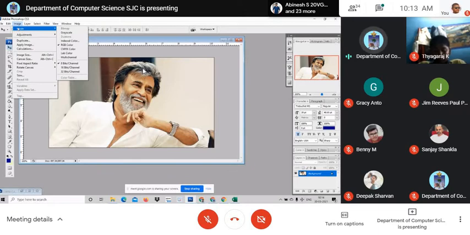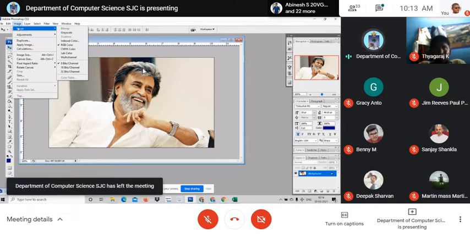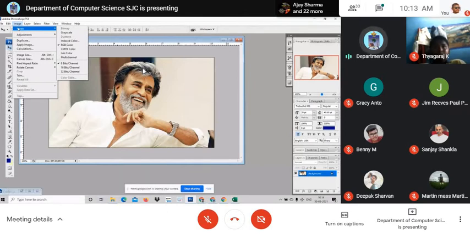Mode. What do you mean by mode? I told you the other day, when we began the class, mode defines the color pattern. For example, when I click grayscale, it goes completely into grayscale. Okay, in the olden days, bitmap meant it's like a painting. Duotone means two colors. Usually we go sometimes for, for example, black and white. That is duotone, two colors. If two colors are involved, then duotone.